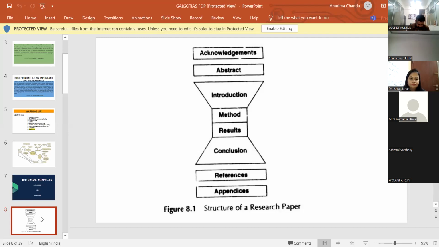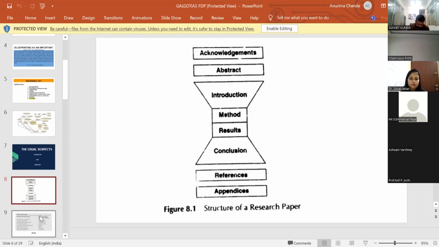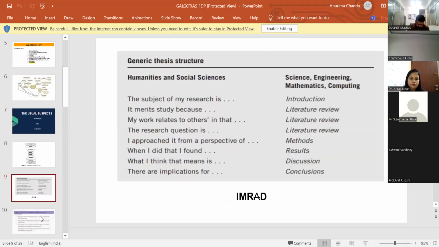It is basically like an upturned pyramid where you start with a general idea, and you narrow it down to the tip of the pyramid, which would be your thesis or your major conclusion. And the rest of your methods and results go into just substantiating that particular thesis. If visual cues are something that you are not very good with, this is a very good way of understanding this entire visual structure through sentences, through language.